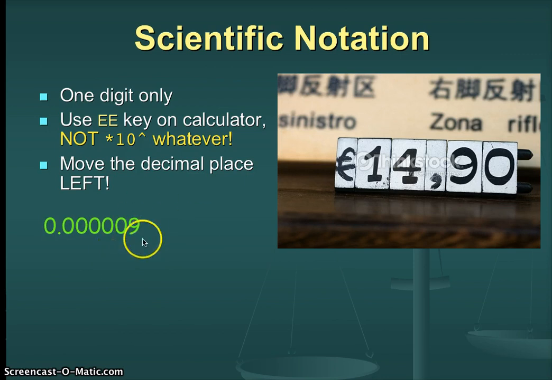For a small number, start the decimal place where it will be and move it left. In this case, that's 6 spaces. That's 9 times 10 to the negative 6th. That is the size of the Schwarzschild radius to make the Earth a black hole. Take it away in scientific notation.